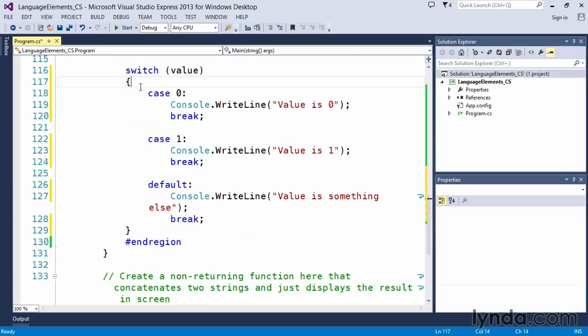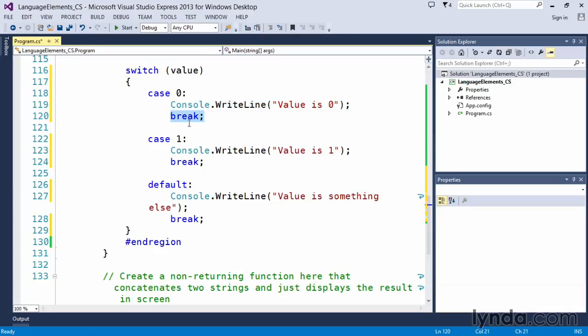And in the switch statement, we enclose everything with curly braces. We use something called a case statement. Now it's important to note that you use the keyword case followed by the value you want to compare against this value, and you end it with a colon. Place your line of code that you want to execute if this evaluates to true, and then when it's complete,